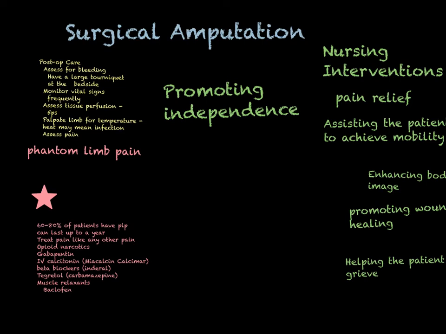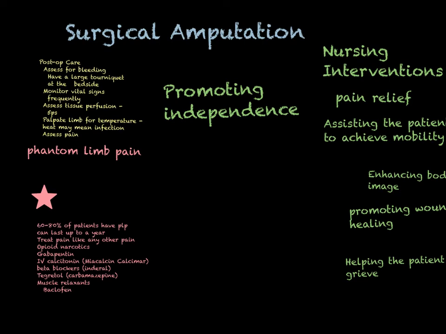These patients are going to need assistance at the outset, and really probably for a very long time, to feed themselves, bathe themselves, dress themselves, to reach items that they can't reach. It is pretty debilitating to not have the use of both hands. So the nurse really needs to assist and to make sure that there's good family support. And eventually you're going to be working with an OT.